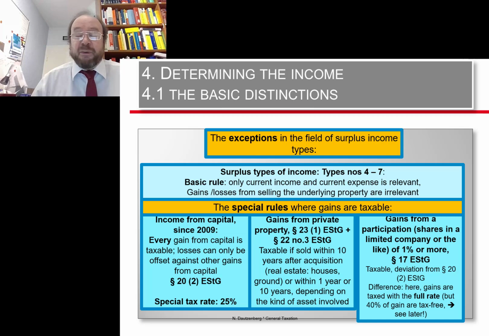If you own more than 1% of the shares issued by a capital company, then that would be treated in German law under paragraph 17 ESDG, and if it's only a single share or 3 or 4 shares in a big company, then it would be section 22 2, income from capital, taxed with the flat rate. Okay,